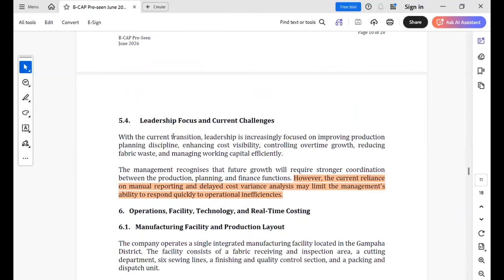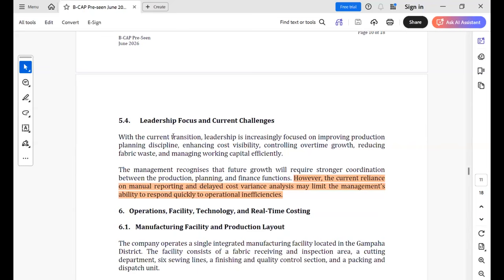So leadership focus on current challenges. With the current transition, leadership is increasingly focused on improving production planning discipline, enhancing cost visibility, controlling overtime growth, reducing fabric waste, and managing working capital efficiently. The management recognizes that future growth will require stronger coordination between the production, planning, and finance functions. However, the current reliance on manual reporting and delayed cost variance analysis may limit the management's ability to respond quickly